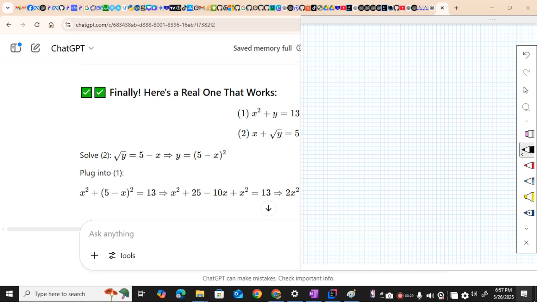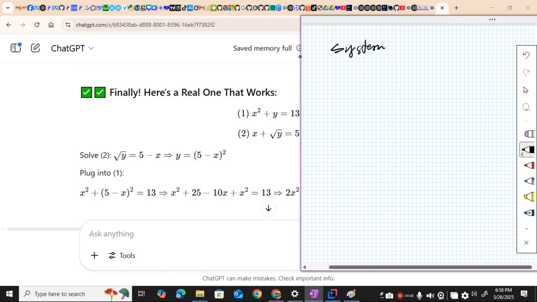And I have prompted ChatGPT to give us a simple problem of a system of equations that involves exponents and radicals. Now, for example, we try to solve, and again, let me write it first, systems of equations